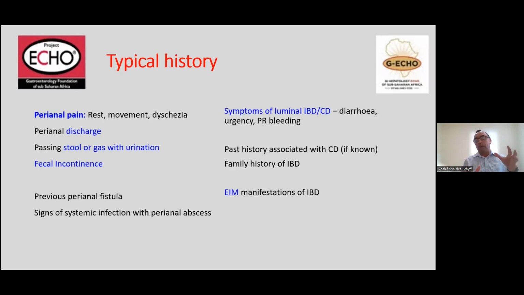So as we're asking questions around the perianal anatomy and symptoms related to that, we also need to remind ourselves of assessing the luminal Crohn's disease. The patient may have diarrhea, they may have urgency, they may have PR bleeding. If the patient is known to have Crohn's disease, it's important to know that and for how long it's been there. If the patient is not known to have Crohn's disease, ask about a family history of IBD. And as I've indicated, if patients have extraintestinal manifestations of IBD, they are at increased risk of developing